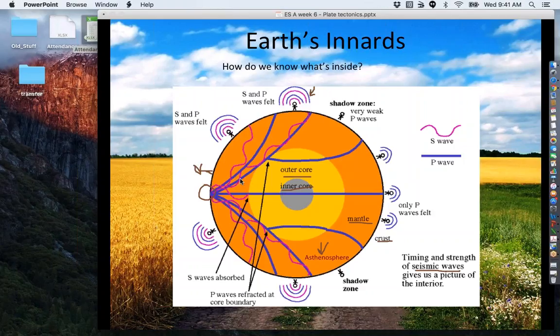Well, over here, it must mean that it was going through the same type of material, because that wave went through the mantle to arrive here, and it felt the same thing. But then over here, there's a shadow zone. There's very weak P waves, because P waves can't go through liquid. And so we determined, oh, there must be this liquid part in the center of the Earth called the outer core